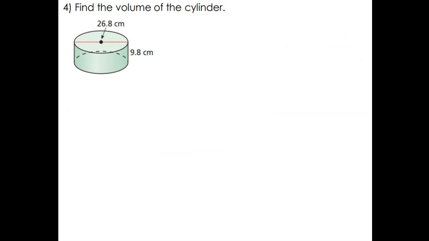Let's keep going. Let's do a cylinder. The volume of a cylinder, underline that. I'm going to write my formula for a cylinder. Pi r squared times my height will give me the volume of the cylinder. These go super fast. I just need the radius and the height, and they're already labeled. So the only thing here is that that is not a radius. That is a